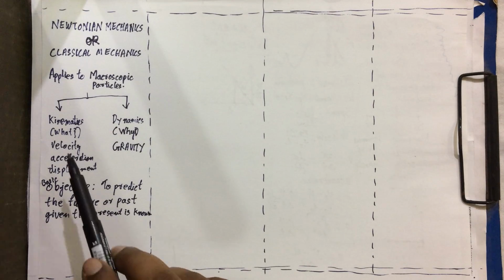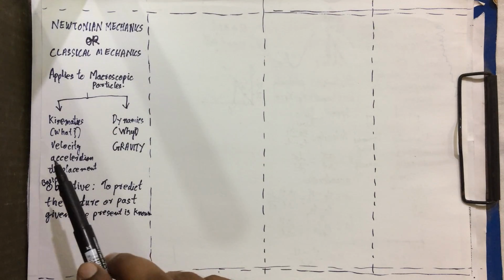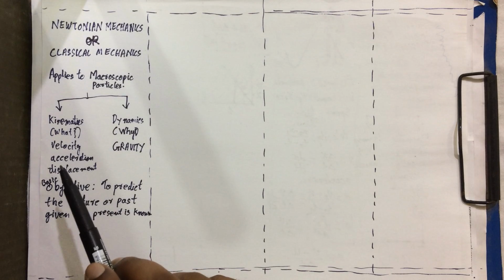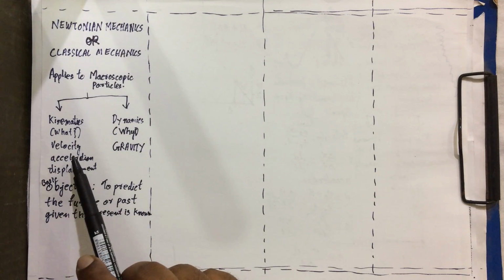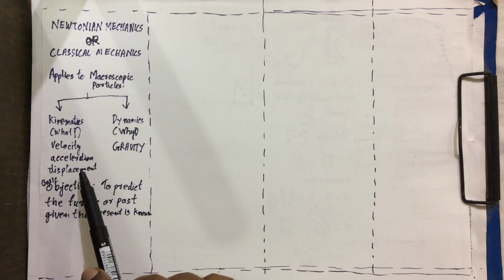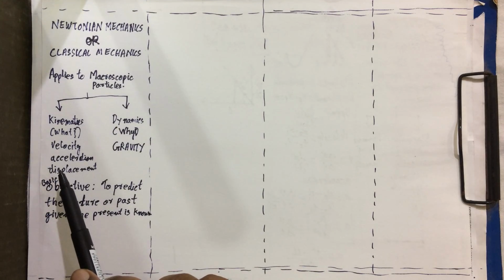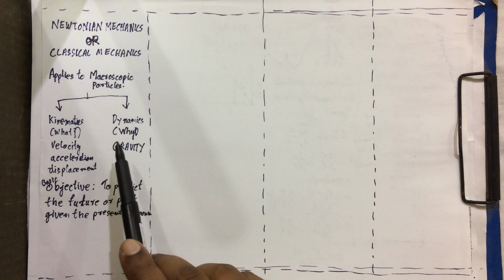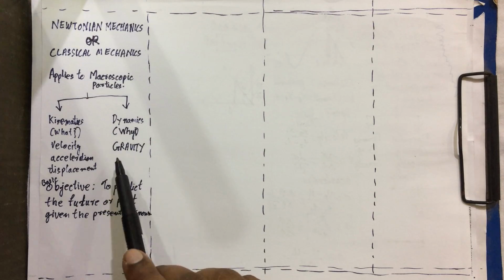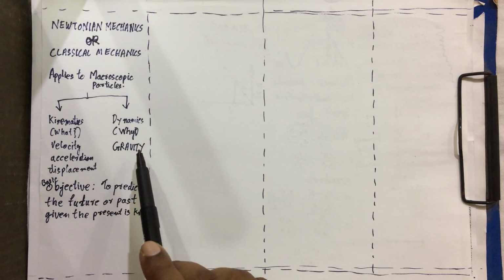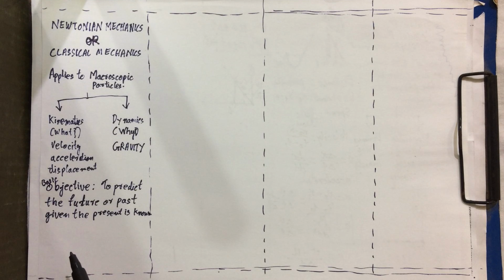It deals with the various attributes of that macroscopic particle, like what is the velocity of that macroscopic particle, acceleration, displacement. This study is called kinematics of the particle. On the other hand, dynamics deals with why. Here we will talk about gravity. The very basic objective of this